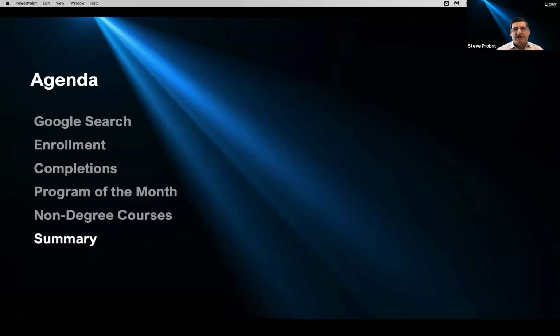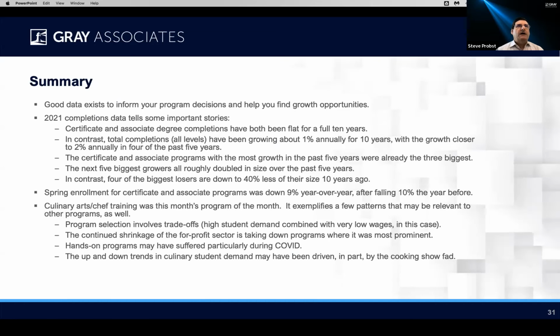That takes us through the data. So to wrap up, first thing, kind of stating the obvious, there's a lot of good data out there that can help you inform your program decisions, help you find growth opportunities, help you judge whether a program is one you should be investing in. And perhaps best of all,